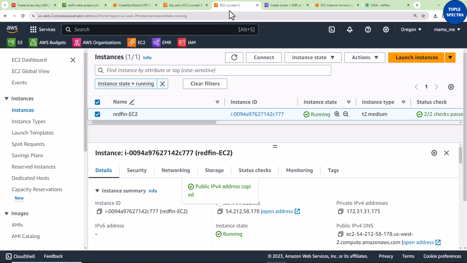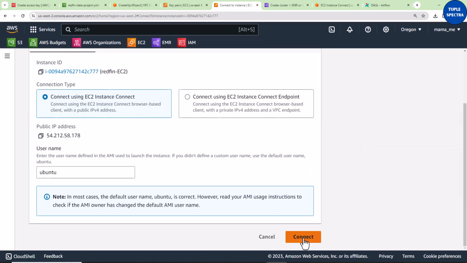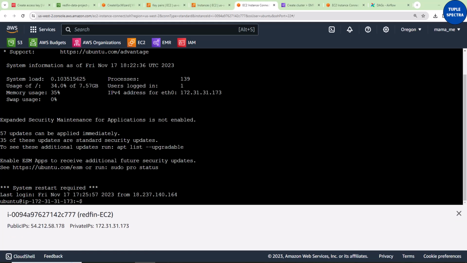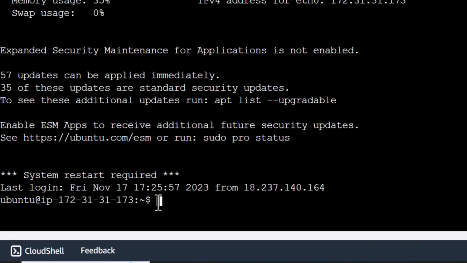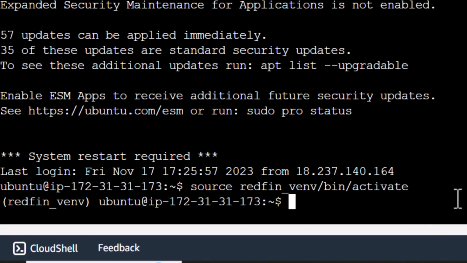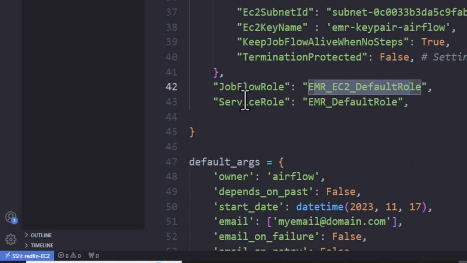Okay, so I can open another terminal, where we can run some commands right now. Remember that this is our EC2. It is checked. So I will just say connect. I'll click connect, then I will say connect right here. When I click that, the terminal is open. Then I can activate my virtual environment. Okay, I have activated it, and then now, like I said, let us make sure that this role